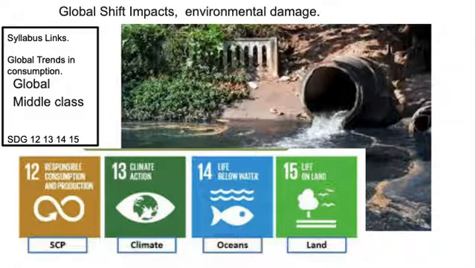As we've seen, this one has a lot of SDGs. Certainly we'll be looking in a little bit more detail about the environmental damage and the environmental changes that a shift in both consumption with the emergence of the global middle class, but also a geographical shift of manufacturing towards less economically developed countries. So this, you might want to focus on SDG 12, 13, 14 and 15, because the shift in manufacturing, foreign direct investment and transnational corporations operating in less economically developed countries does have significant pros and